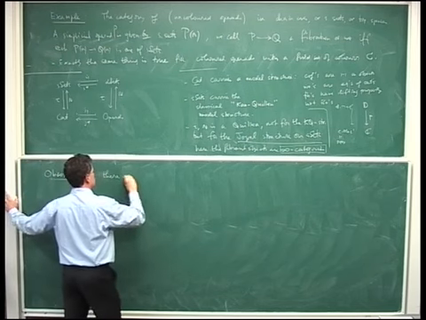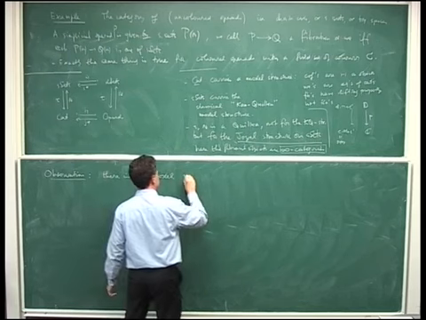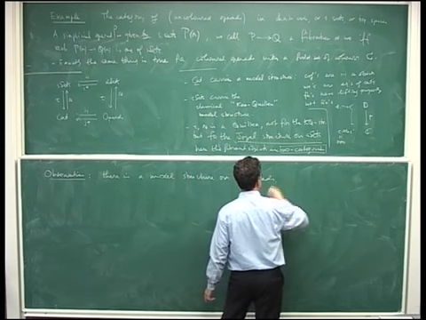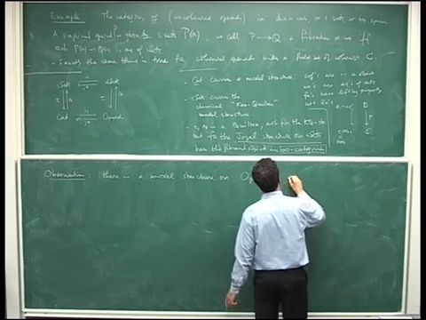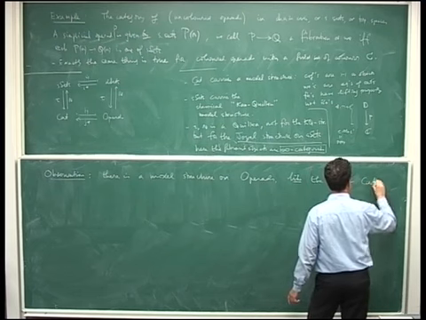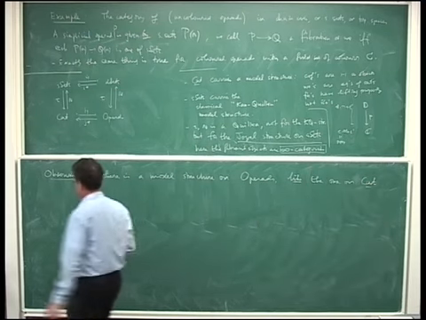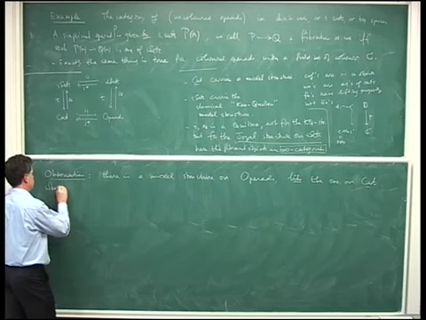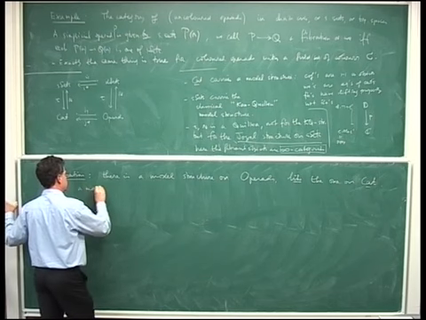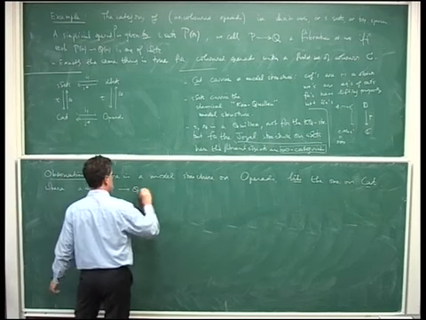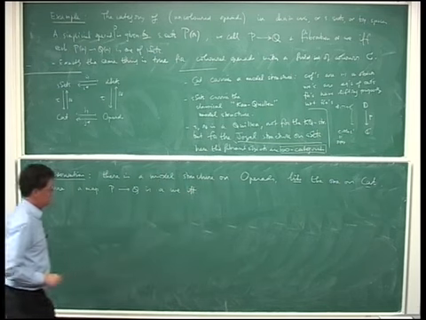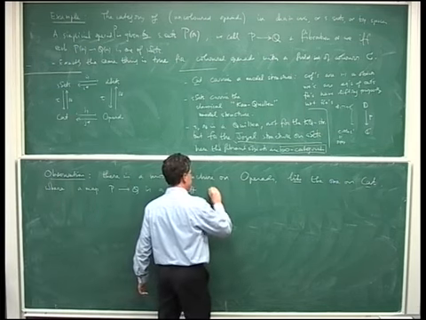There is a model structure on operads, colored operads, like the one on Cat, where a map P to Q is a weak equivalence if and only if it is fully faithful